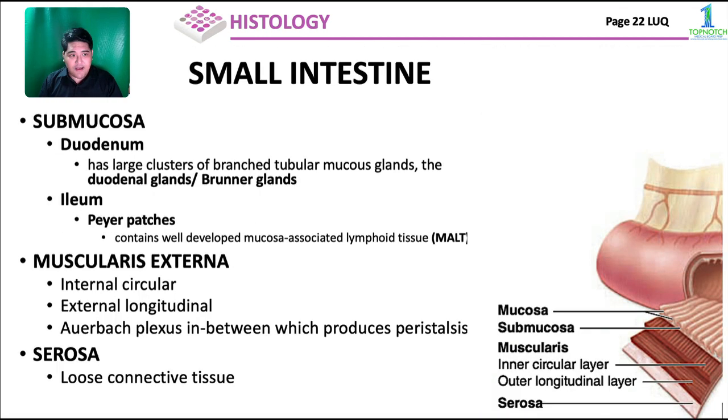Next to your mucosa, you have your submucosa. Depending on the location, like for example, in the duodenum, you will see your duodenal glands. The buzzwords, your Brunner glands. Pag tinanong, it's in the submucosa of the duodenum. Your ileum naman, in the submucosa, you have your Peyer's patches, which is a MALT, mucosa-associated lymphoid tissue. And then for the muscularis externa, inner circular, outer longitudinal. And nandiyan yung our back plexus, part of your enteric nervous system, and your serosa, which is a loose connective